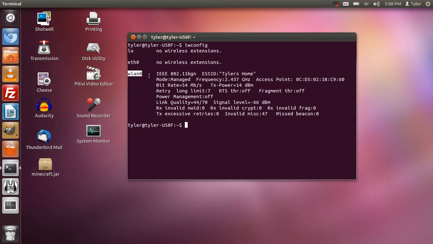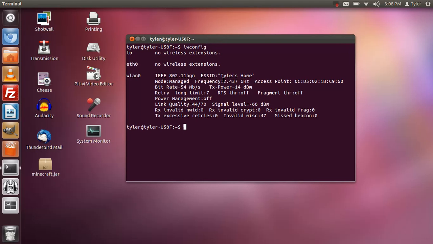Mine is wlan0. Yours may be different. If it's different, you'll have to manually edit it in the script when it asks you for it. There's a nice little handy script that'll do that for you. We'll get to that later on. But make sure you just connect it to a hotspot or whatever. And we're going to do